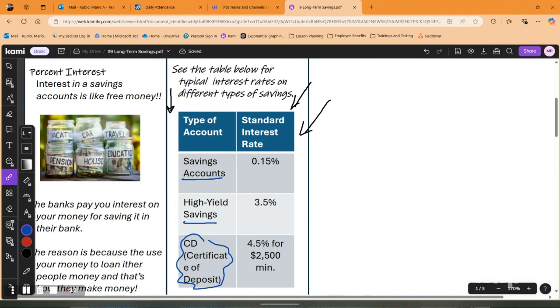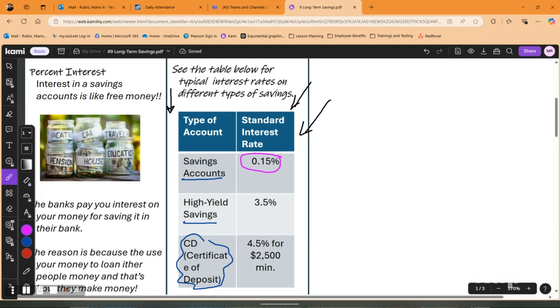Look at the standard interest rates. These are actual interest rates. I got these from GECU. I have a savings account with GECU, and right now they are paying me 0.15% on money I have set aside in there. I have my paychecks deposited into GECU. I keep what I can in there, and I just pull out what I need to pay my bills, so I can have as much money in there as long as possible to try to earn as much interest.